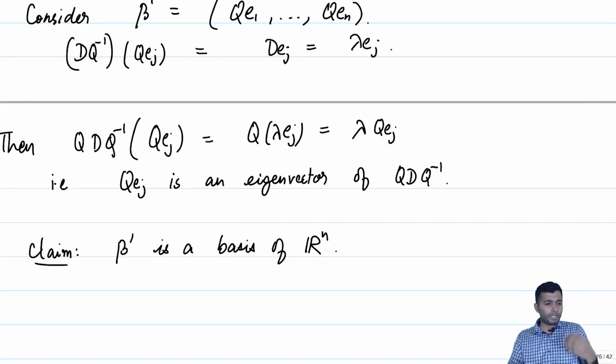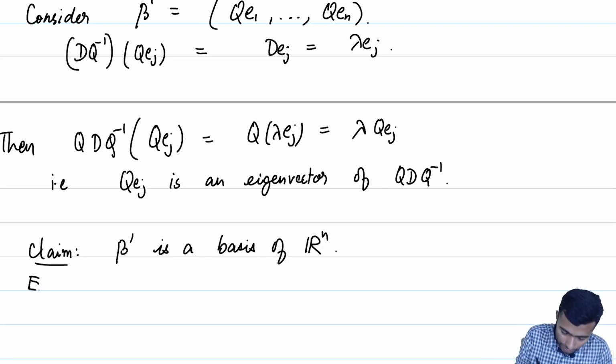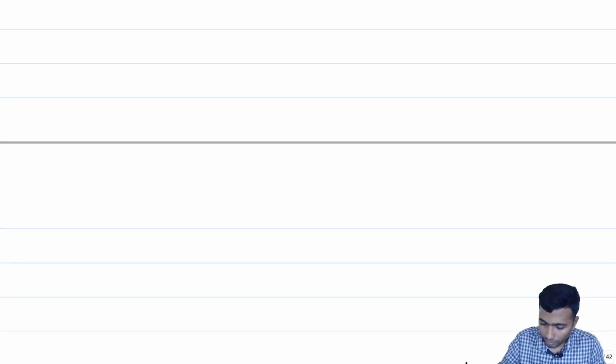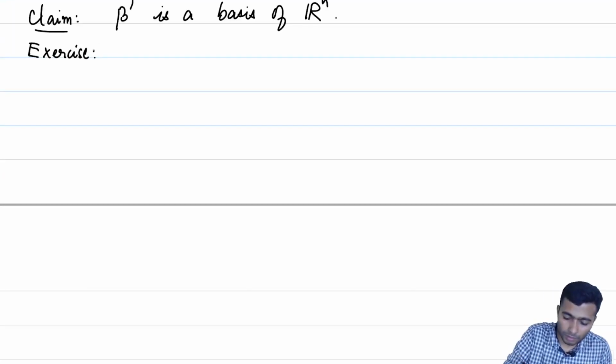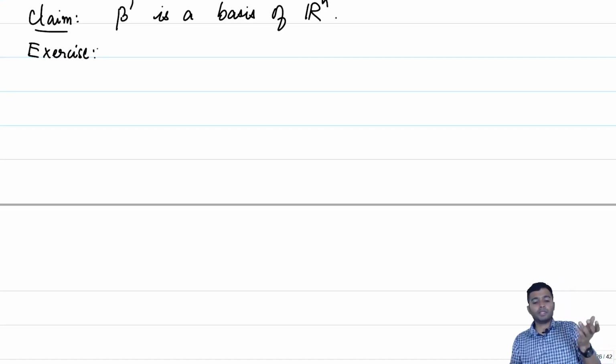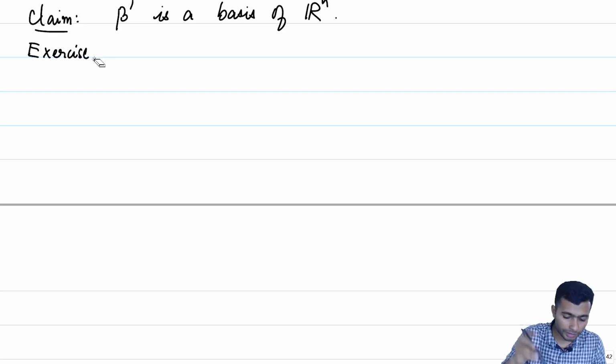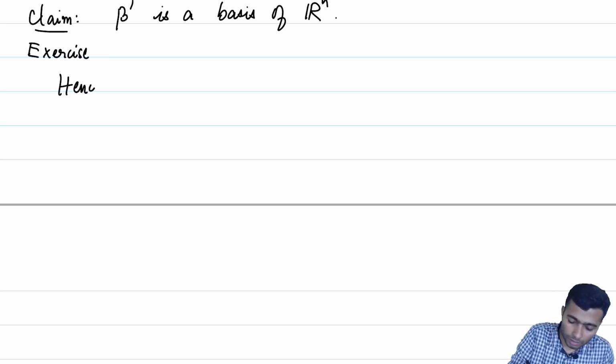Beta prime is the image of a basis under an invertible linear transformation. I leave this as an exercise for you to check, that if you look at the image of a basis under an invertible linear transformation, then that will turn out to be a basis. Let me just leave it as an exercise for you to check this part, and with this we have